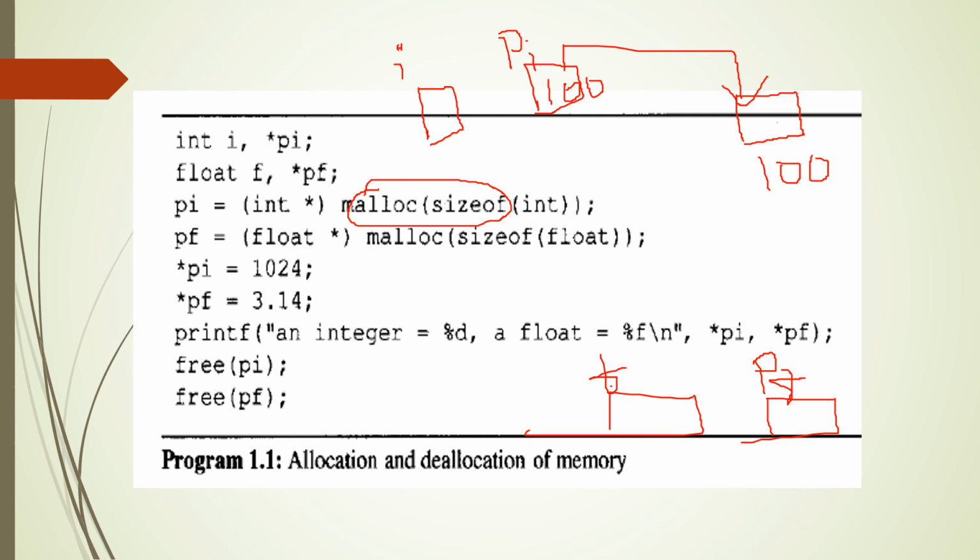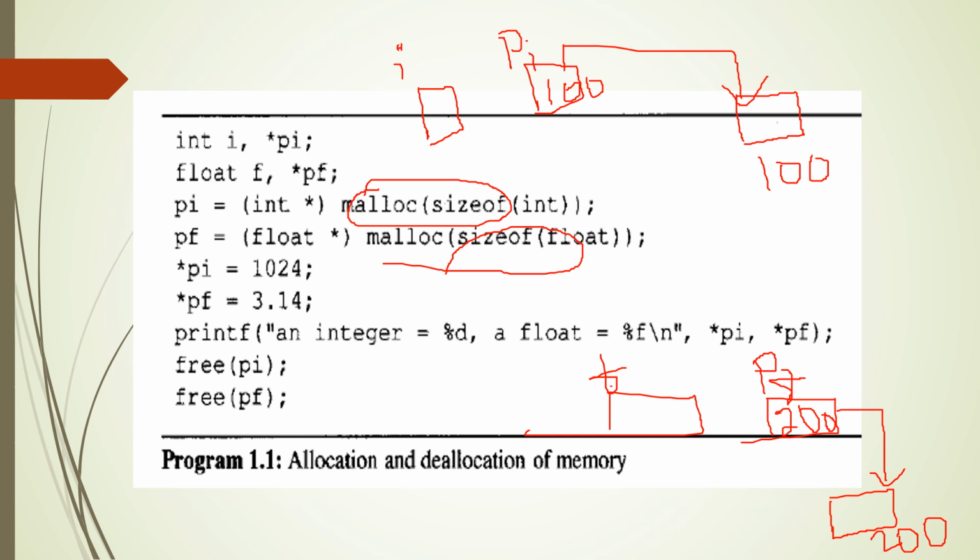So now when the statement pf = (float*)malloc(sizeof(float)) is executed, this part is executed first. So it will create a nameless block of size 4 bytes. Here we assume that the size of float is 4 bytes, and this is also associated with some base address. Let us say the address of this is 200, and that 200 is going to be stored into pf. Soon after 200 is stored, pf is pointing to this nameless block.